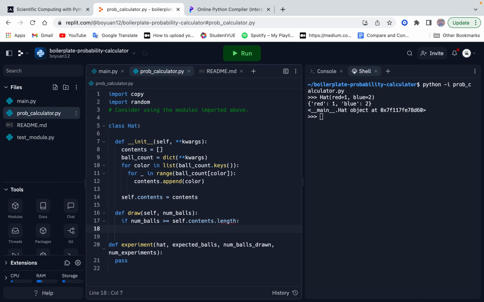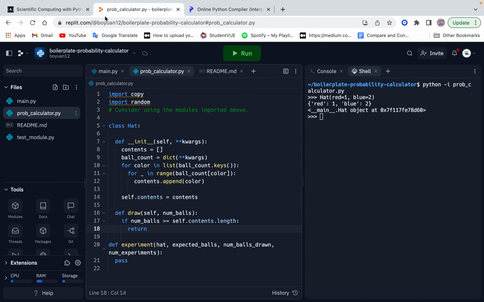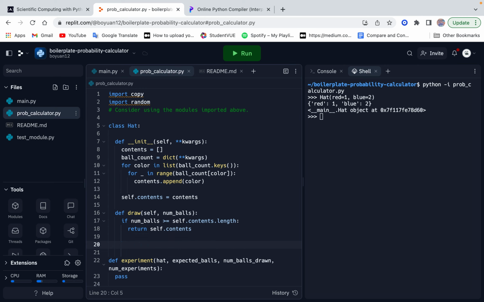self.contents.length, return as a list of strings, right? List of strings. So I'm going to just return self.contents. Perfect. Yeah, if num balls greater than or equal to self.contents.length, return self.contents. Okay. Otherwise,